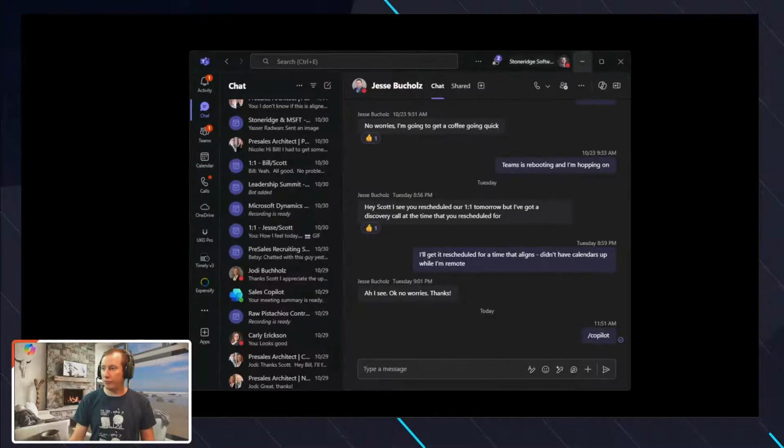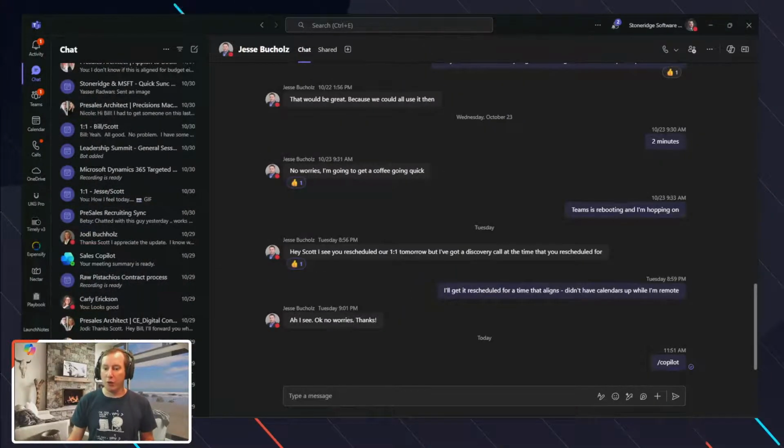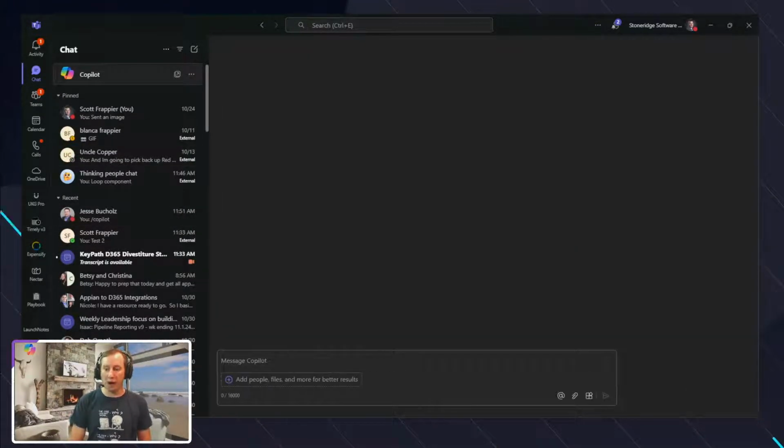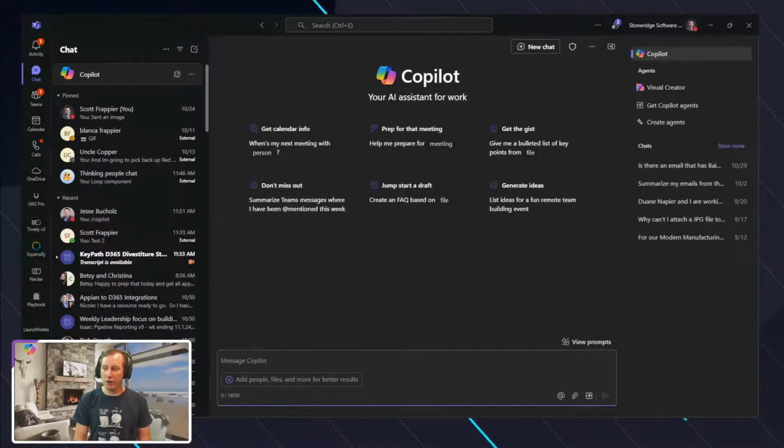So if I go ahead and expose this a little bit more, remember, Copilot can be used across many different areas or many different chats, right? So inside of Teams, one of the things that you could do is click on your Copilot chat up at the top here, and then your Copilot assistant comes out, which allows me to interact with Copilot inside of Teams.